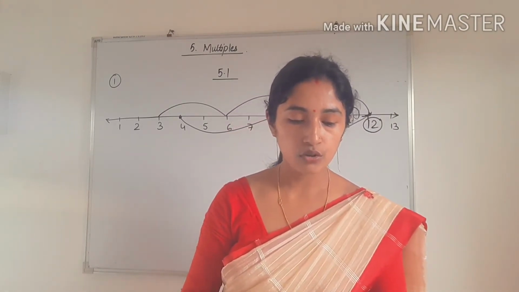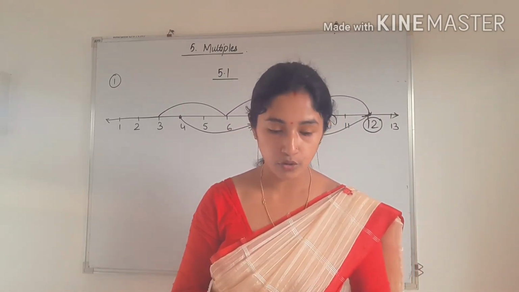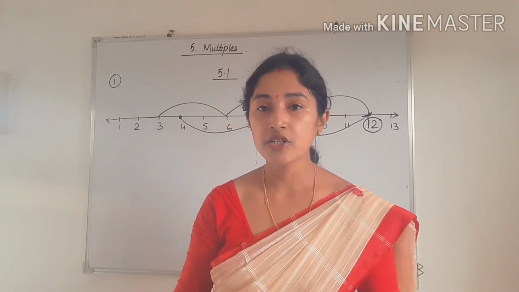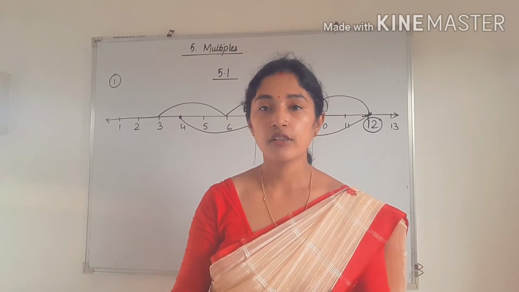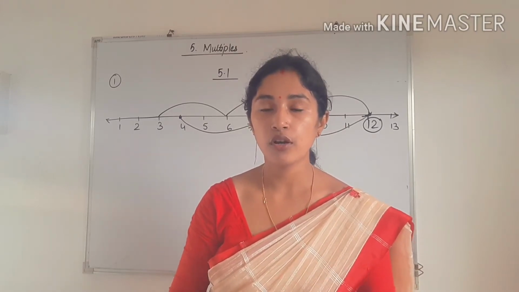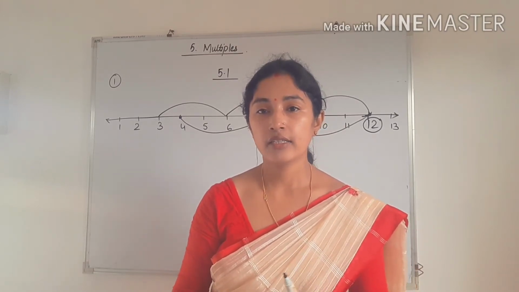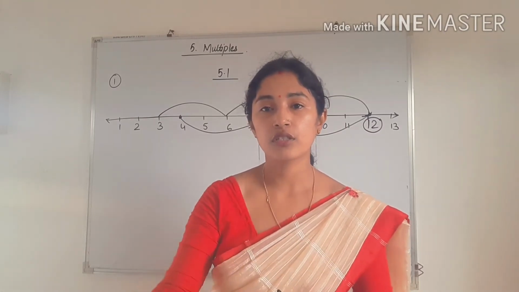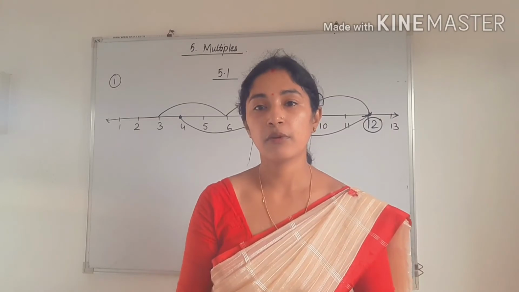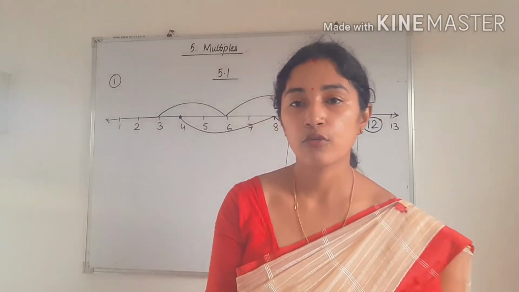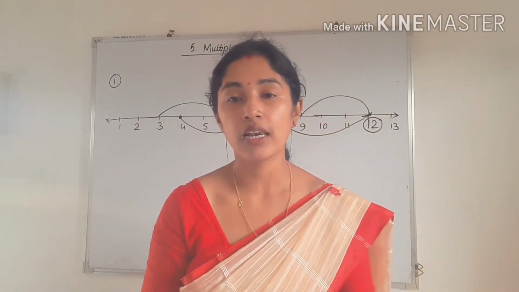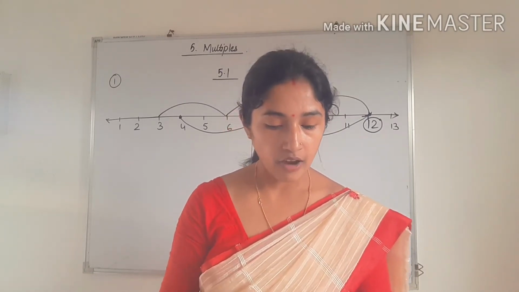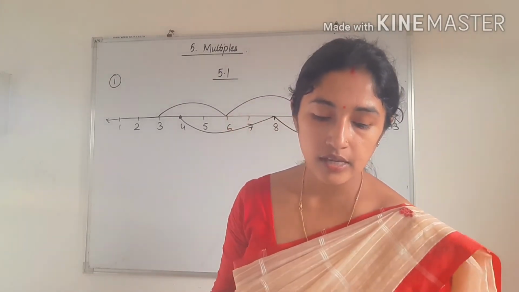In question number 2, you have to circle the multiples of 4. You know the multiples of 4, you can count the multiplication table of 4. First multiple of 4 will be 4, then next 8, then next will be what? 4 1s are 4, 4 2s are 8, 4 3s are 12, next multiple will be 12, then 4 4s are 16, then 4 5s are 20. Like that you have to circle the multiples of 4 first, then after that you have to circle the multiples